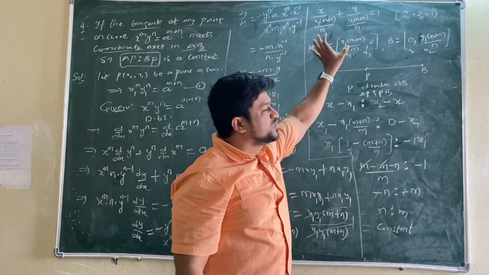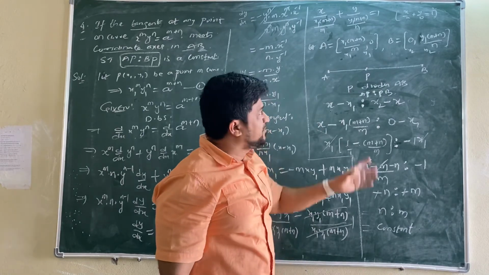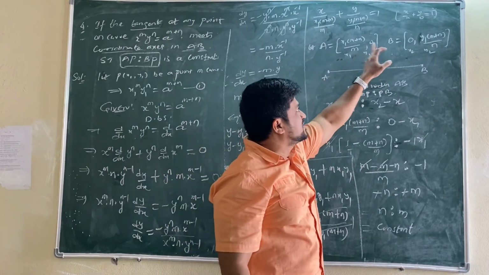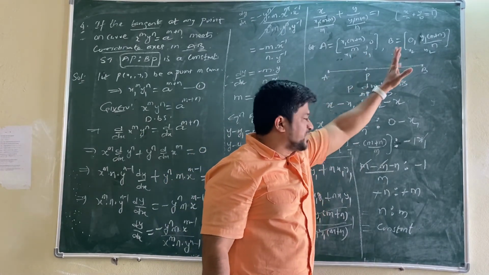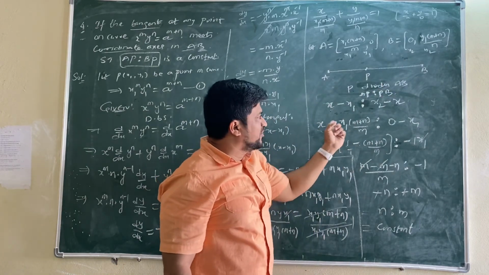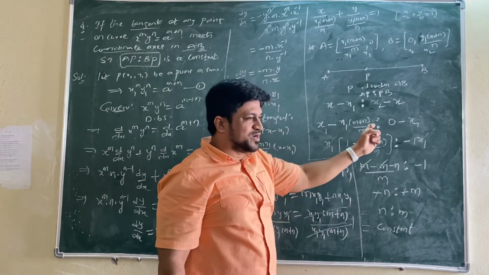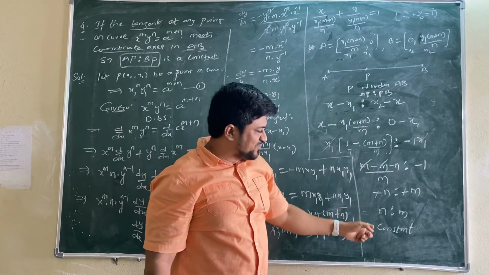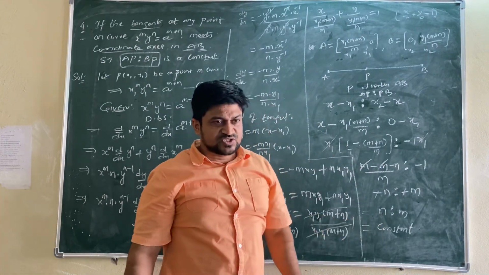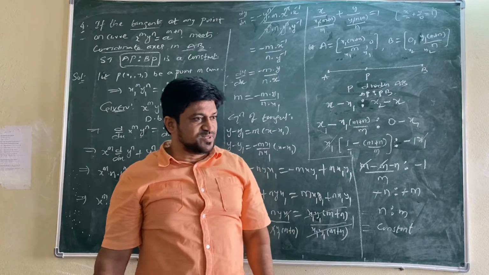x1 and x2 you have to take from A and B. x1 y1, x2 y2. x1 is this value, x2 is from B. Substitute that, and wherever you find x, take x1 to it. Take common, cancellation have been done. What is the answer for that one? N is to m. One of the most important question you have in this exercise. Copy down.